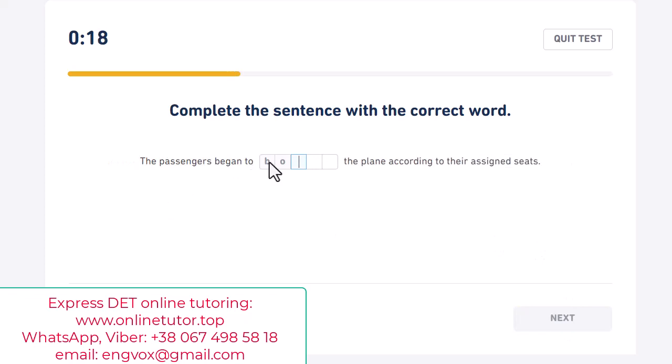The passengers began to board the plane according to their assigned seats. Okay, the passengers began to do what? To board the plane. Okay, this is not very difficult, I think it's a medium level. You see, but there is no macro, there is no greater context, so we have to understand it just within seconds. Did you remember to switch off your car's